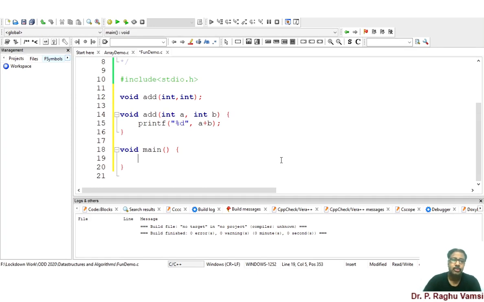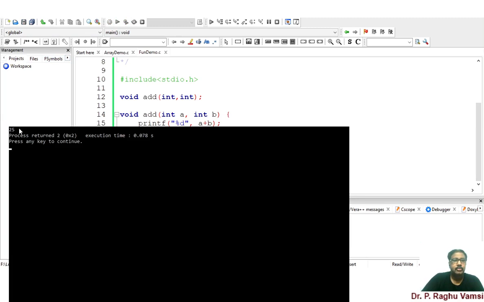With void main, you don't need to return any value. Here I'm simply calling the function add by passing the parameters 10 comma 15. So obviously it will give you 10 plus 15, which is 25. So here you find 25 as the answer.